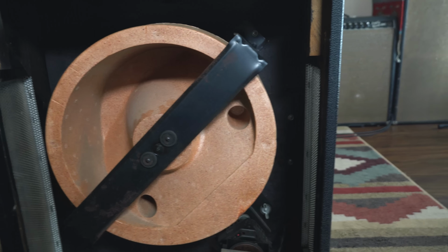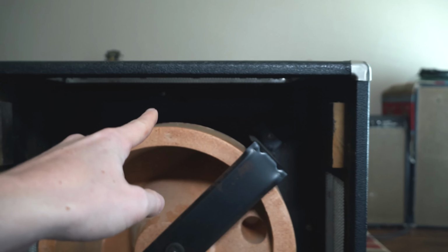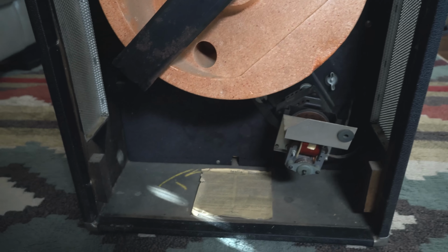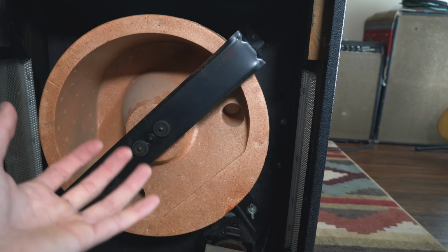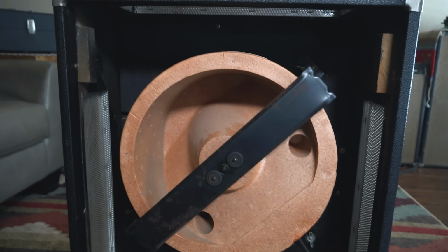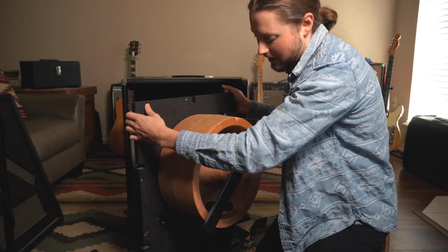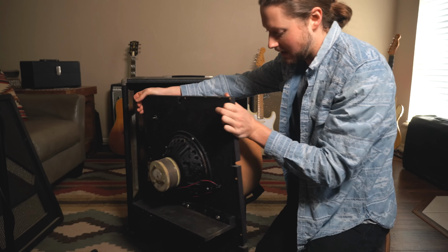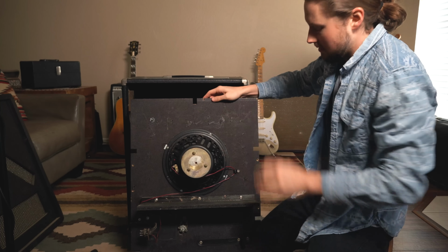Now, the best case scenario here is to remove the screws on the inside of this panel. You can see them there. I think there's 6, one at the bottom as well. And hopefully we can just do that, and then we can pull that whole assembly out and get to the speaker on the other side. So I tried to be very careful with this. I didn't want to damage the ancient paper that was down there, but here you go. This is